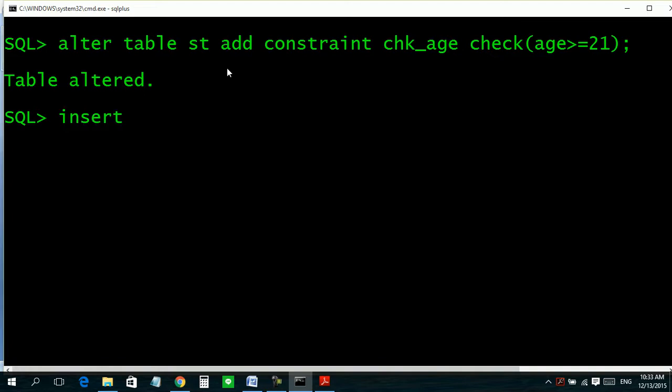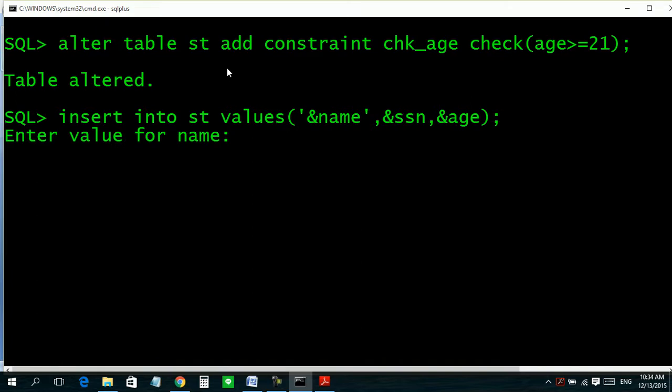Now if we try to insert into st values, like name and ssn and age, look what happens.